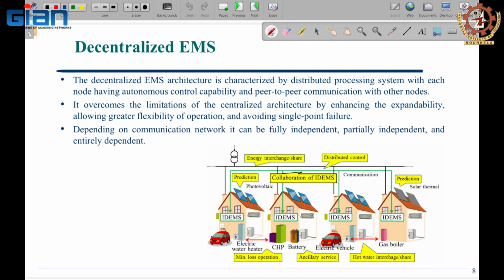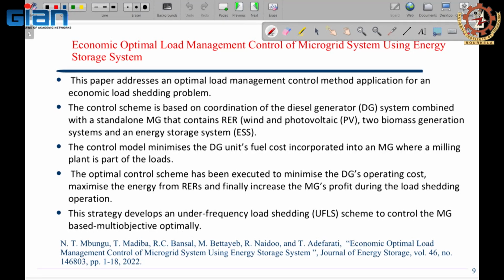Then on energy management systems, you will find many good references, and you can read a lot of theoretical aspects. I will share a few references at the end. So rather than going too much into theoretical discussion, you can read any review paper or nice paper. I'll just briefly share one of the approaches, in fact the research conducted by one of my PhD students, Steve Madiba, who did the